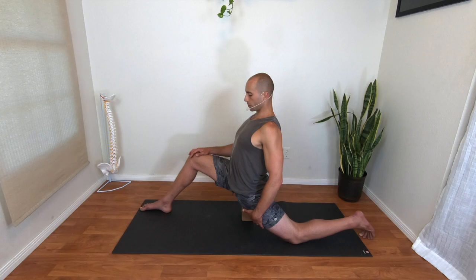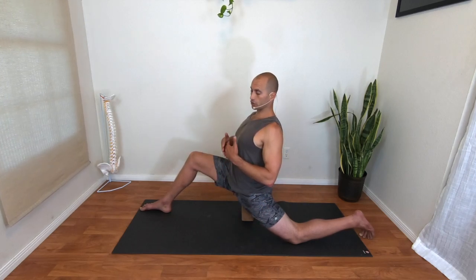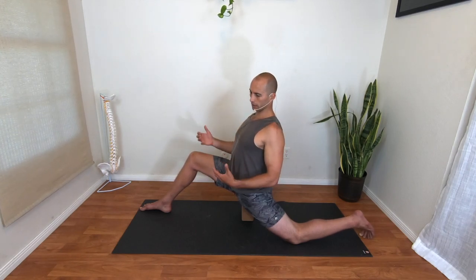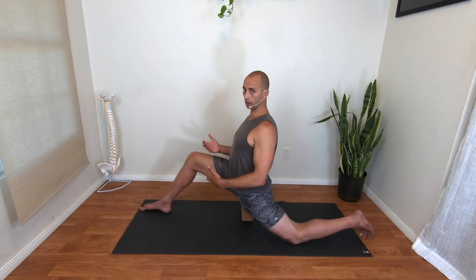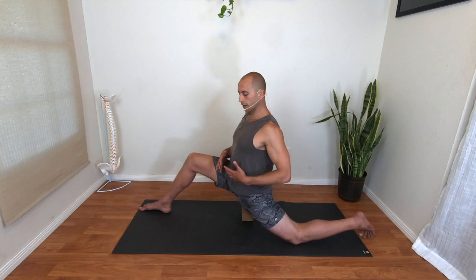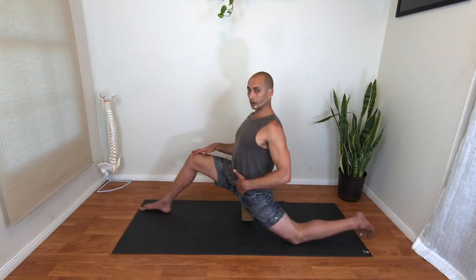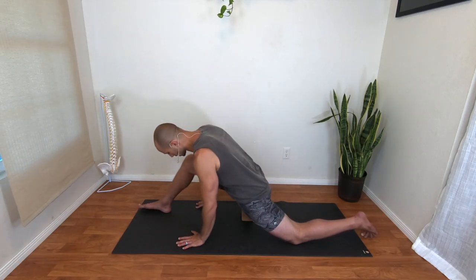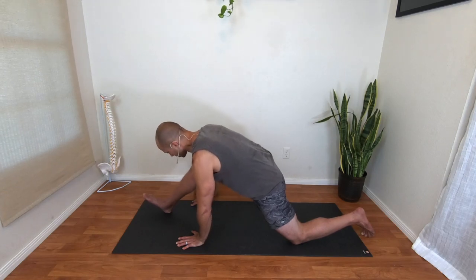As I talked about in part 1, you always want to stay within the safe range of that stretching intensity. So on a scale of 1 to 10, where 10 is extreme and painful, it feels clinical, medical, and 1 feels like nothing, you want to generally stay at about a level 6 or 7 in that stretch challenge intensity sensation. Okay, so we're going to bring the hands down, carefully come out, take the block out,